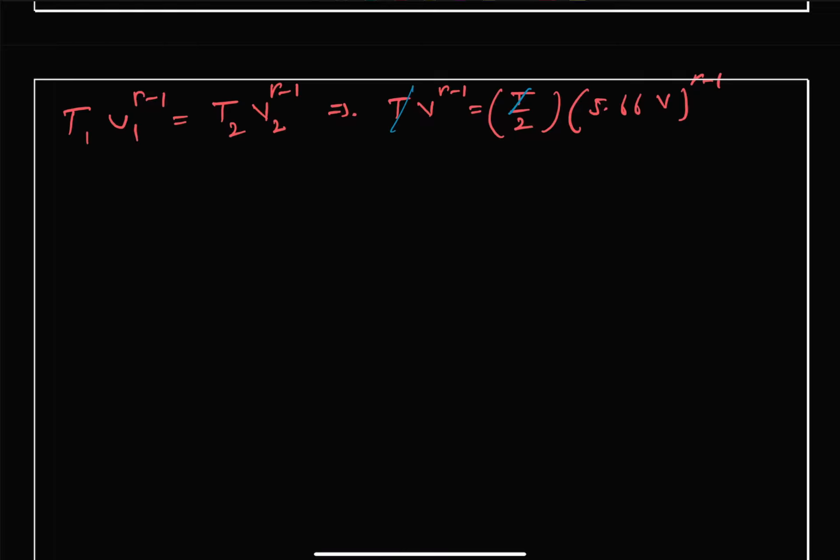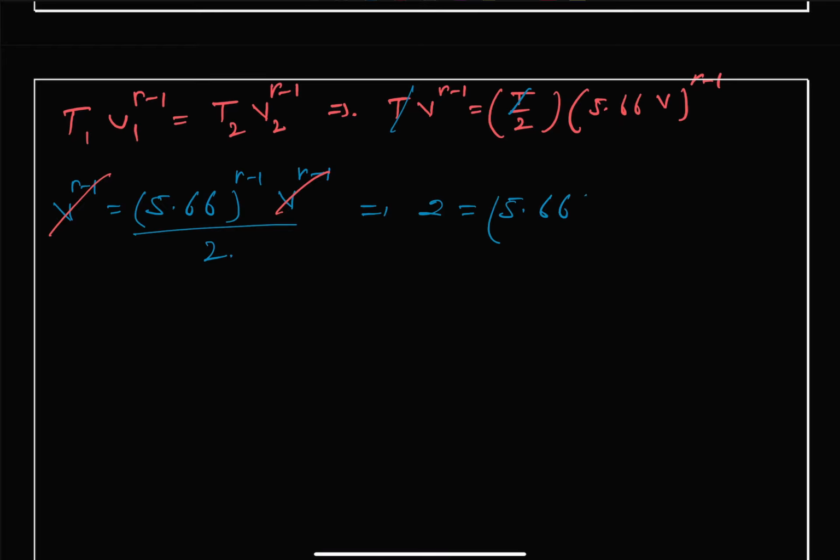We are left with V raised to gamma minus 1 is equal to 5.66 raised to gamma minus 1 times V raised to gamma minus 1 divided by 2, and the V raised to gamma minus 1 we can also just balance out, and from here we get